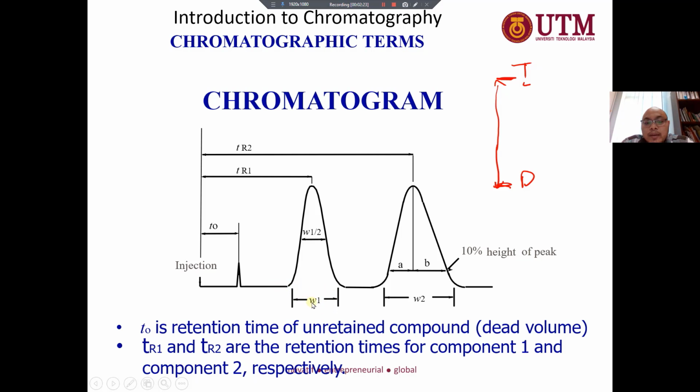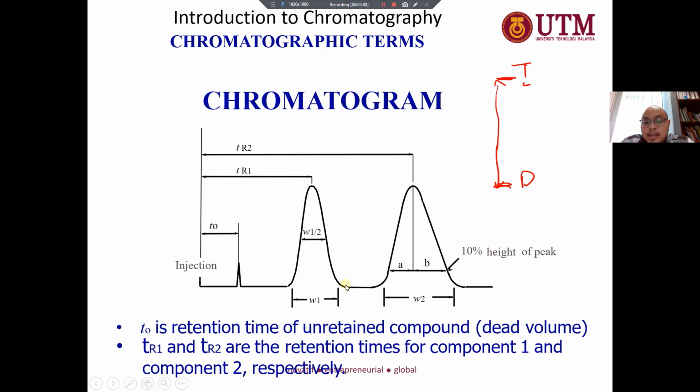If we look over here, we have the W1 and W2, or W half. The W1 and W2 represent the distance between the earlier part when the peaks begin until the peaks end. It can be measured in two ways. Either you use the ruler by measuring the distance in centimeter or millimeter. But in the world of chromatography, the most common one is by measuring the time taken from its arising until